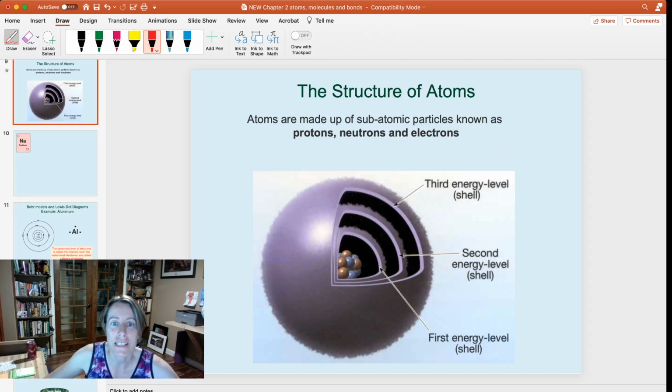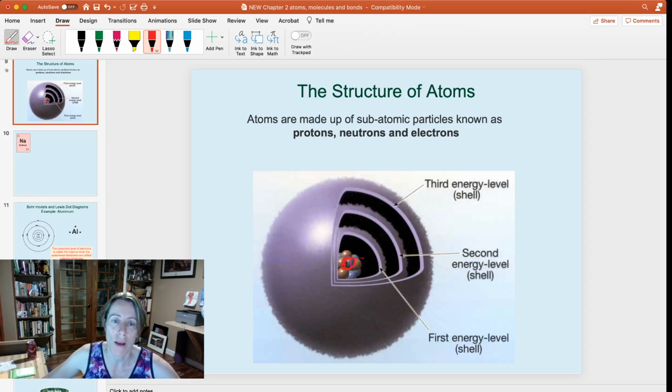That the nucleus is in the center of the atom here, and the electrons, though, do not just all go around the outside wherever they want or in one big cloud. They're actually spaced out in these orbitals around the nucleus. So you can think of it a little bit like